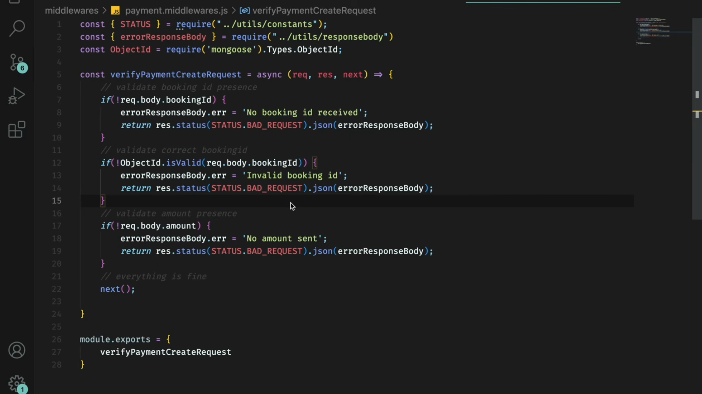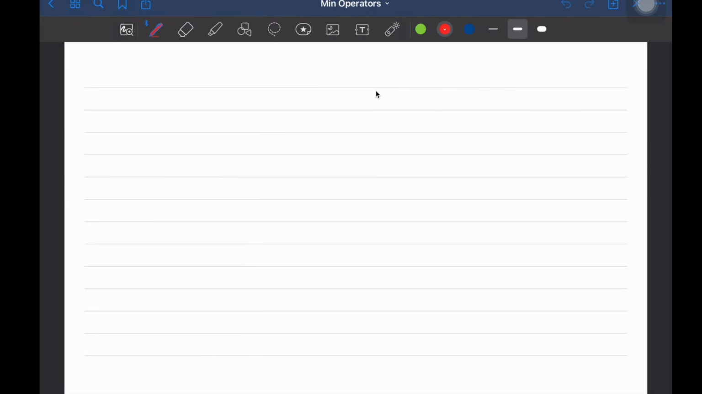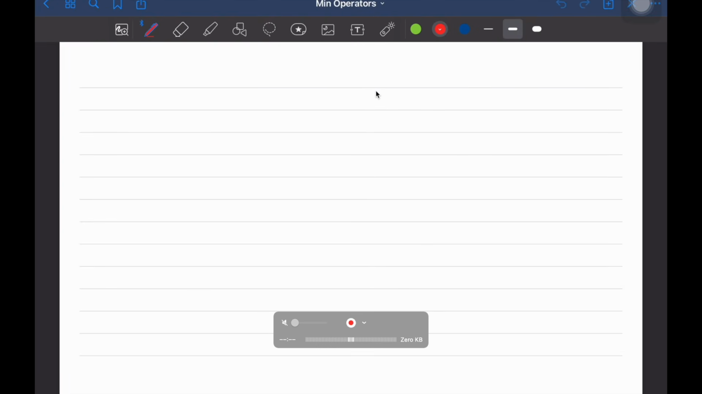Till now we have completed our create payment API, right? This API was able to create a payment for us. Now we'll write a few more APIs. The next API that we are going to write is going to help us